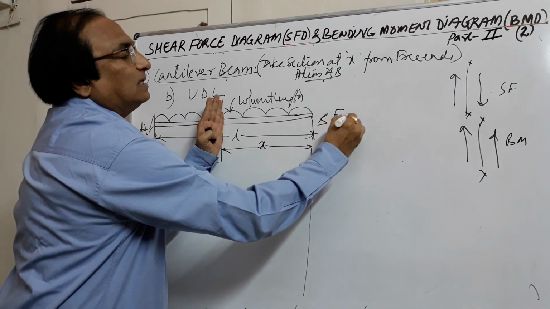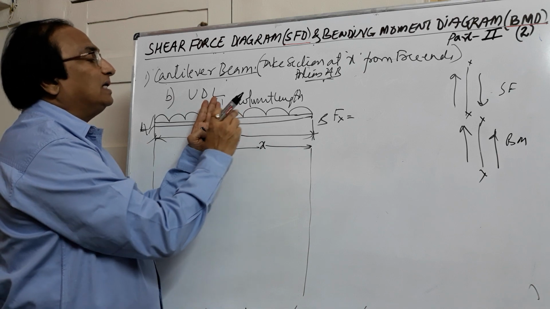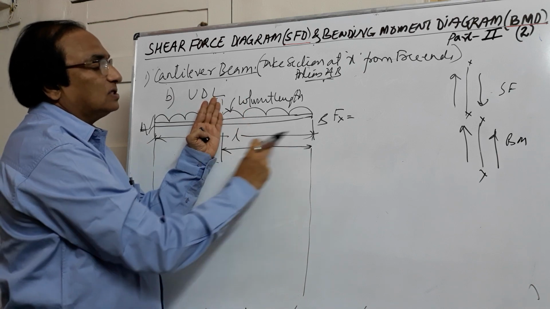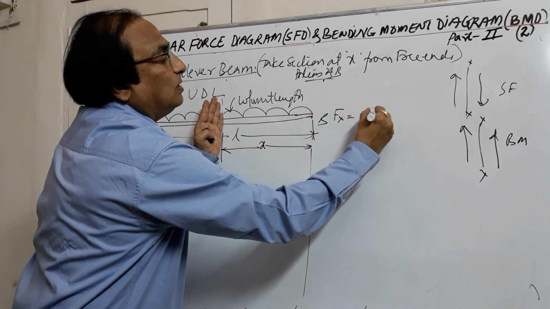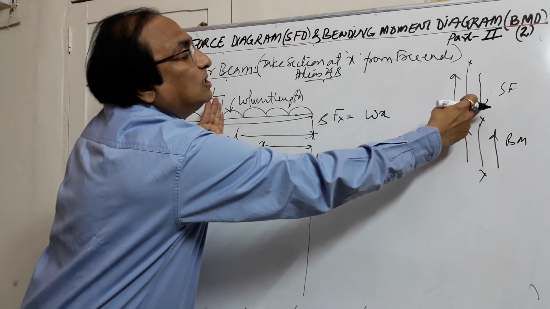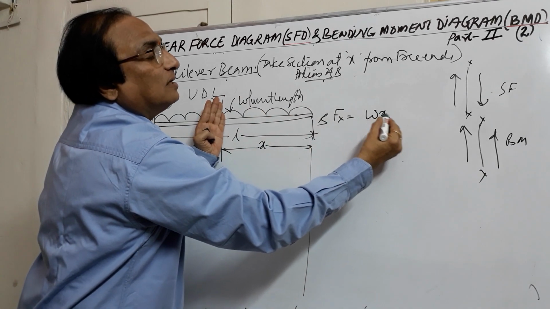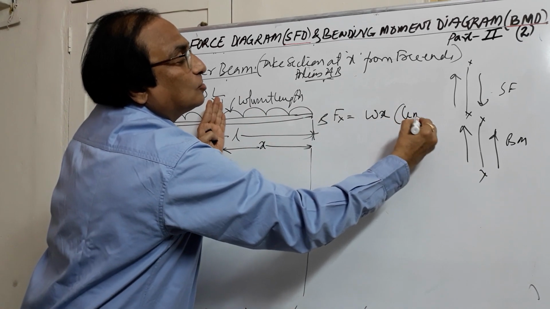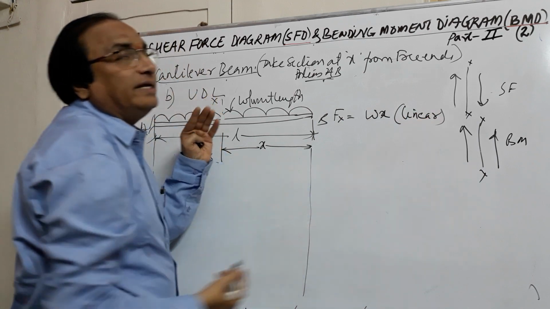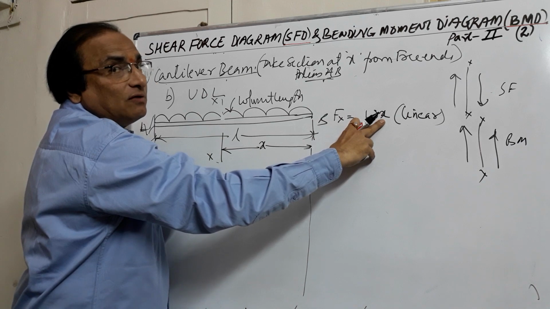So shear force at the section is given by, there is only one load here, it is UDL, acting W for a distance of X. So W into X. Now coming to the sign convention, right side down is positive, so it will be positive. Here we come across a term X to the power of 1, so it is a linear or straight line. So the shear force will vary with the value of X.